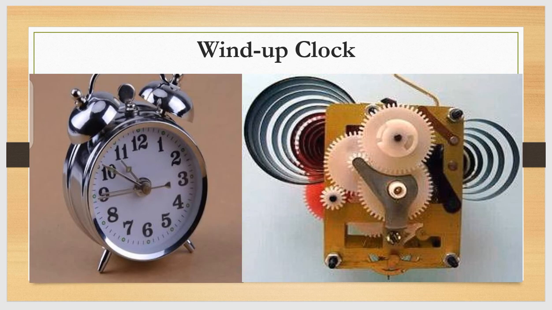This is the wind up clock. You can see there are different gears used over here. You can see a small toothed wheel and a large toothed wheel. This is also a larger toothed wheel. This is a small toothed wheel and a larger toothed wheel. So there are different toothed wheels used to run this clock, and when they are running, the gears move in some specific direction. When this is moving in the clockwise direction, it will move in the anti-clockwise direction, and when it is moving in the anti-clockwise direction, it will move in the clockwise direction, because they are fixed with each other, so they move in opposite directions.